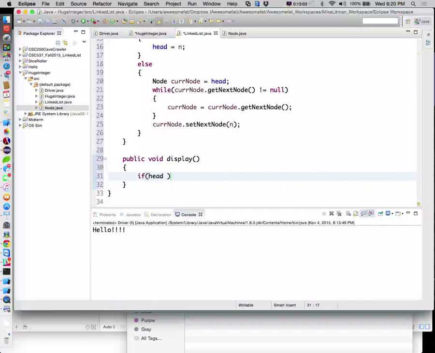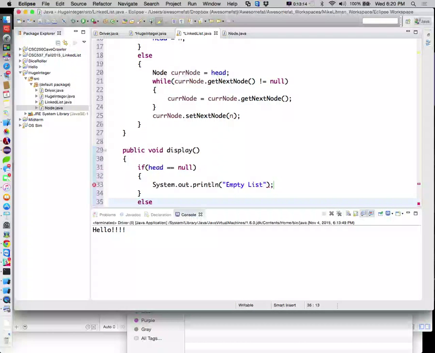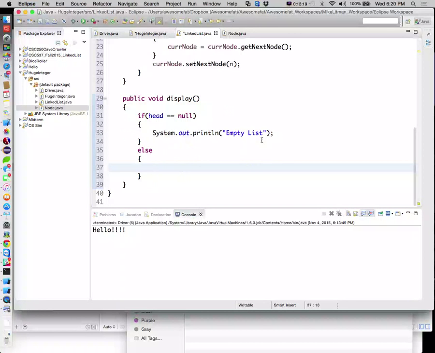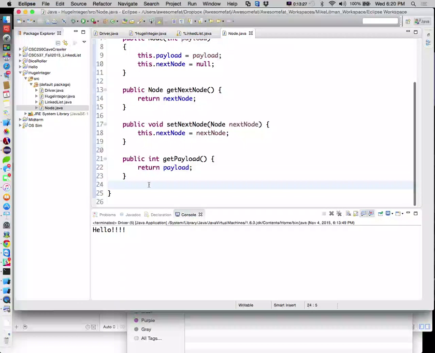So we'll just say if head is equal to null, we'll say system.out.println empty list. Else, if head is not equal to null, then what we need to do is go ahead and ask head to print itself, and then he asks each individual thing to print itself. So that means that we're going to go ahead and get,